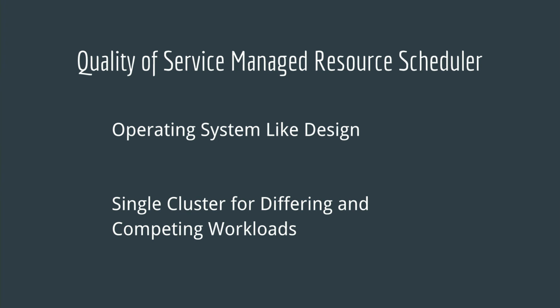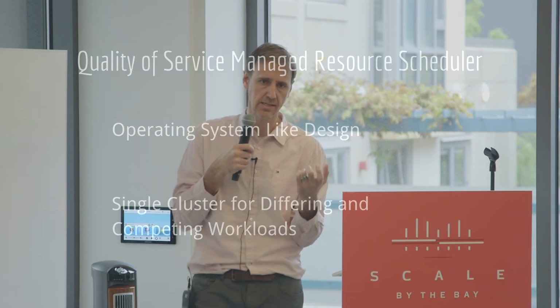The other interesting thing is that the key, or token, that I'm accessing the data with is also used for scheduling the priorities of the query that I'm running. Internally, they have more of an operating system-like design. This allows a single cluster for different and competing workloads, so in a single cluster I could have an analytics cluster along with my traditional OLTP cluster, and I can give different priorities to different queries. I can also assign different priorities to different users. So I'm combining very tight security controls with quality of service controls, which allows me to use that database for a lot of different purposes without affecting other people.